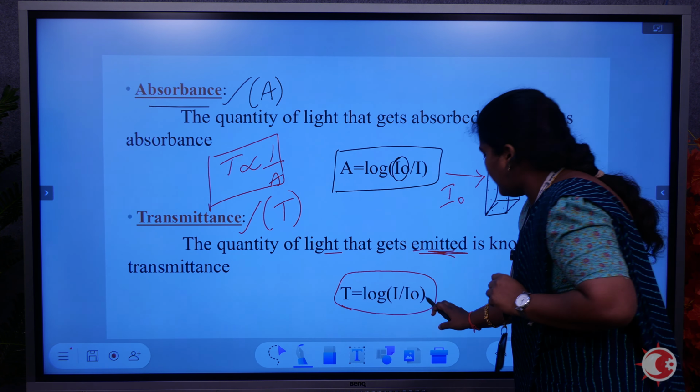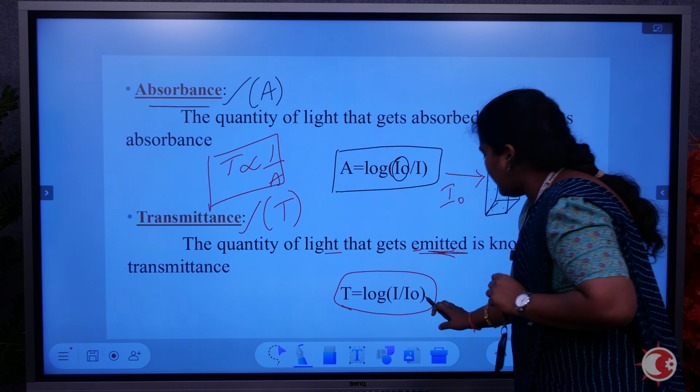Next, coming to Lambert's law, Lambert said that this is not correct. Absorbance doesn't depend on concentration but depends on path length. This path length can also be called the thickness of the medium. He said that absorbance depends on the path length of the solution or the thickness of the solution. That means if I take some sample here, this is called the path length. This is what Lambert said. These are the two laws proposed by Beer and Lambert.